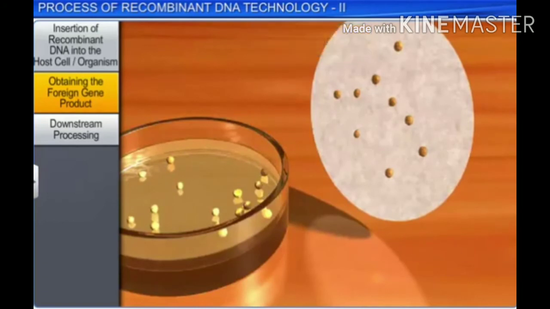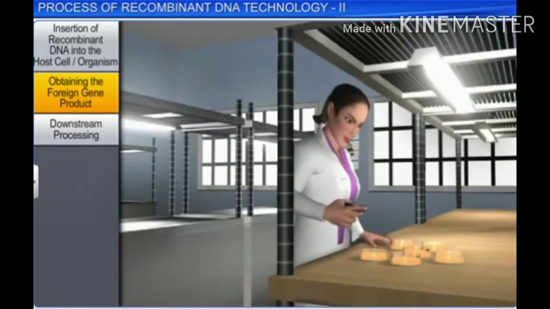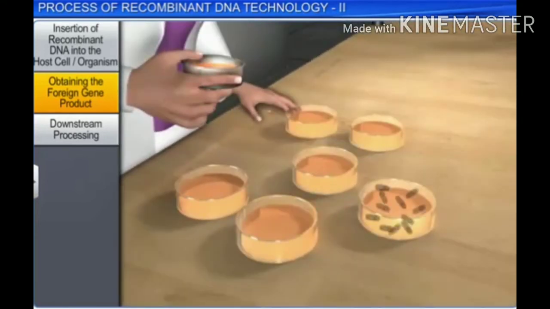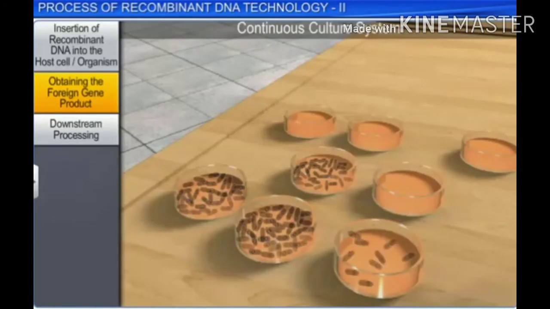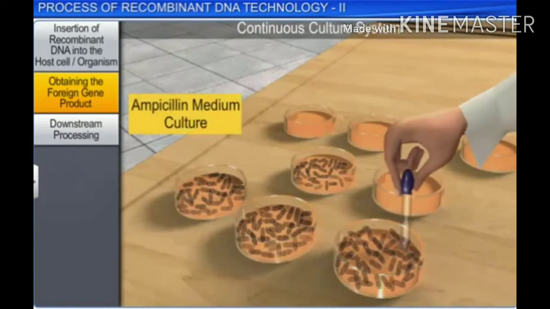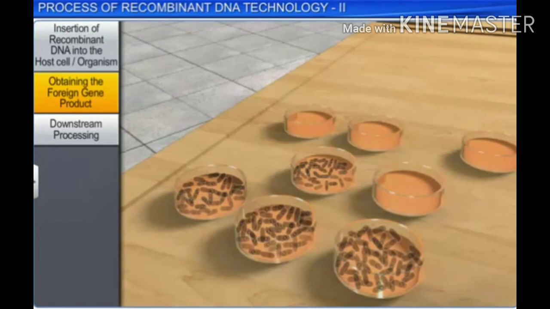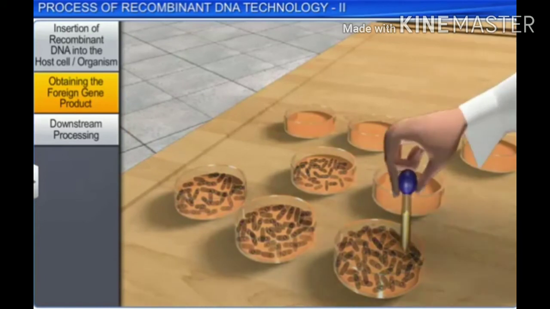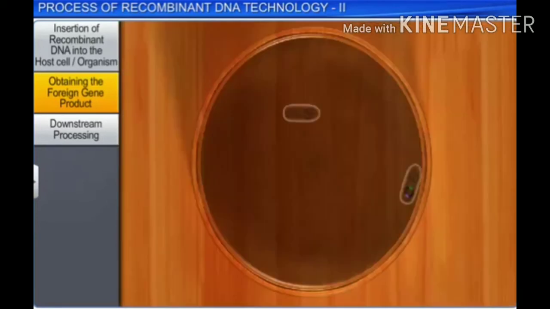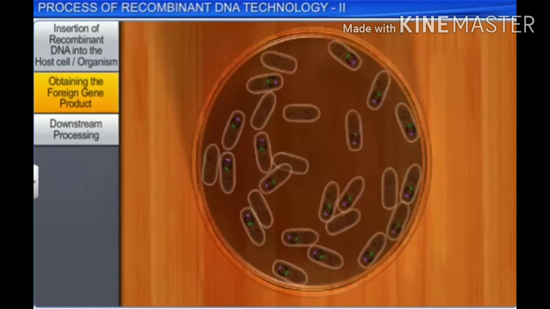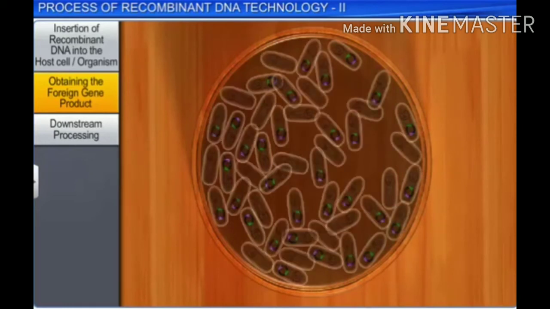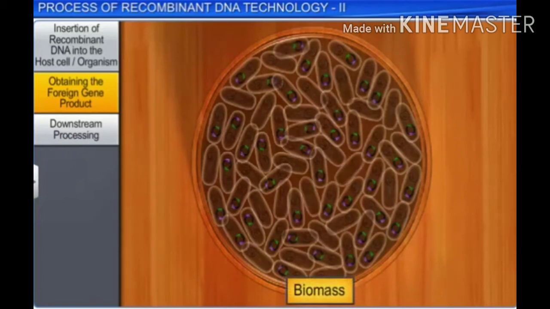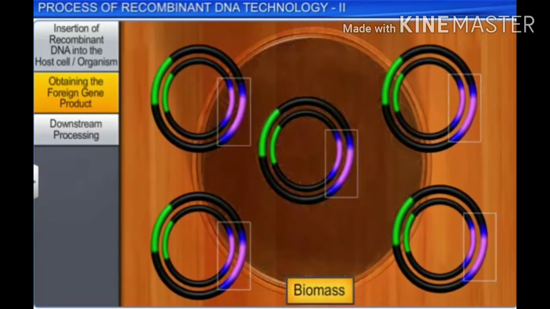After the purification process, the cells storing cloned genes of interest may be grown on a small scale in the laboratory. These cells can also be multiplied in a continuous culture system in which the used medium is drained from one side, while a fresh medium is added from the other, so that the cells can be allowed to remain in their exponential phase. Therefore, a continuous culturing system produces a large number of cells with recombinant DNA, or biomass, which results in higher yields of the desired protein.